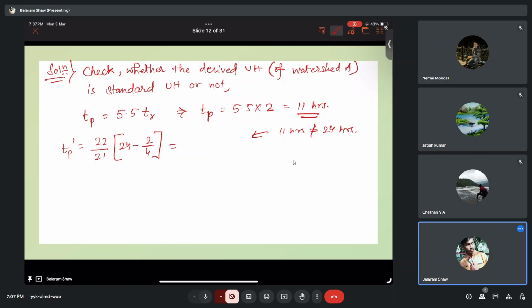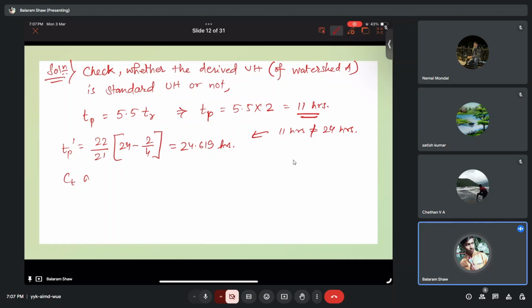22 by 21, how much you are getting? 22 into 23.5 divided by 21, something like 24.619 hours. Correct? Now with this we need to find out the coefficients, that is CT and CP,